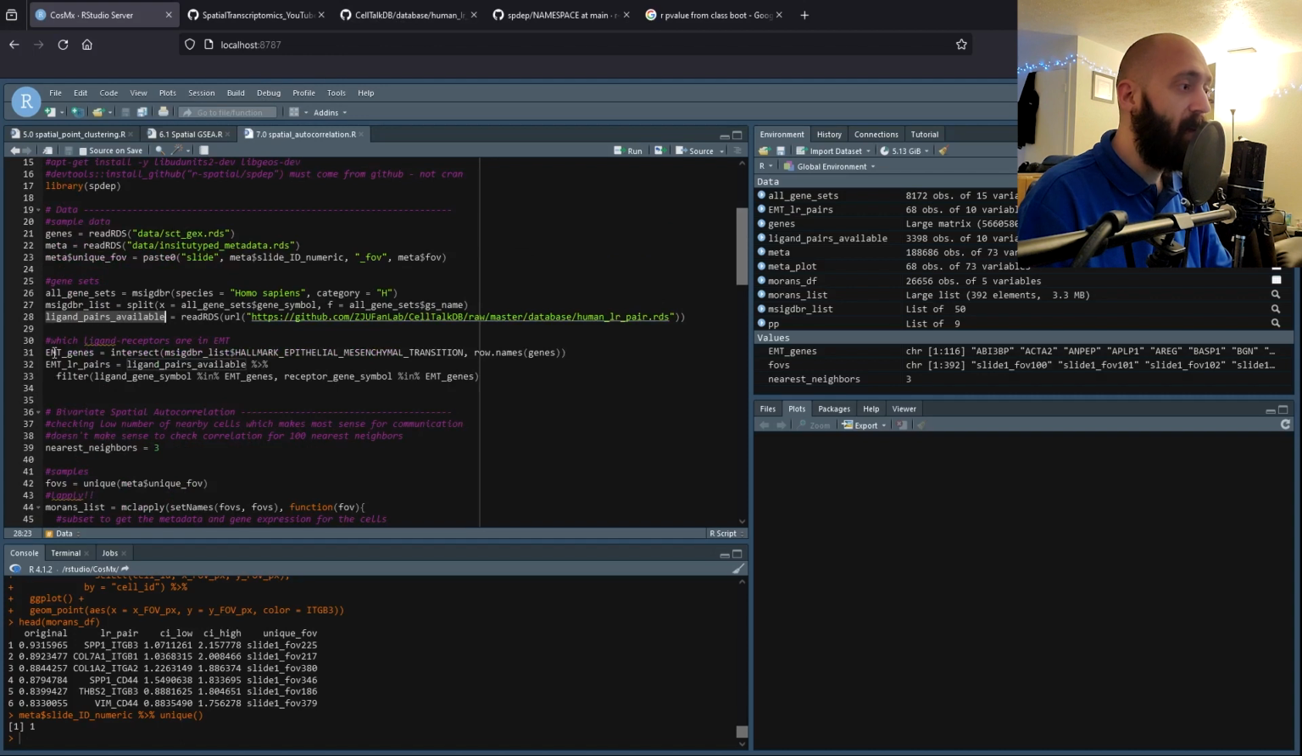Once we have that done, we're going to stick to a single gene set today. So from the previous 6.2, we had looked at if there was spatial clustering of the cells that have high gene set scores for any particular gene set. So here I stuck with the epithelial mesenchymal transition gene set,